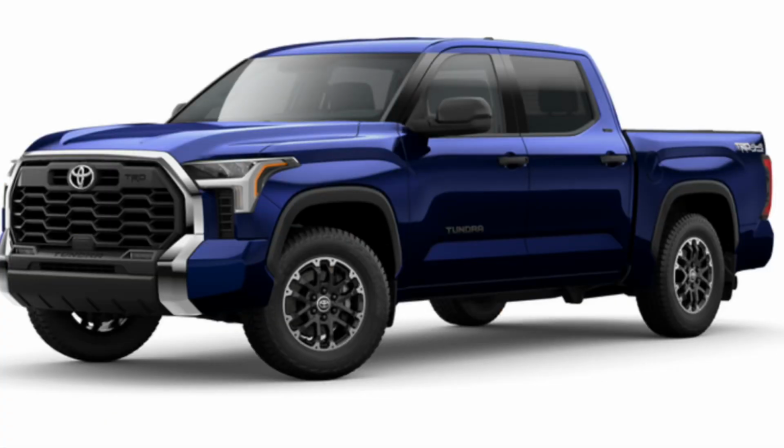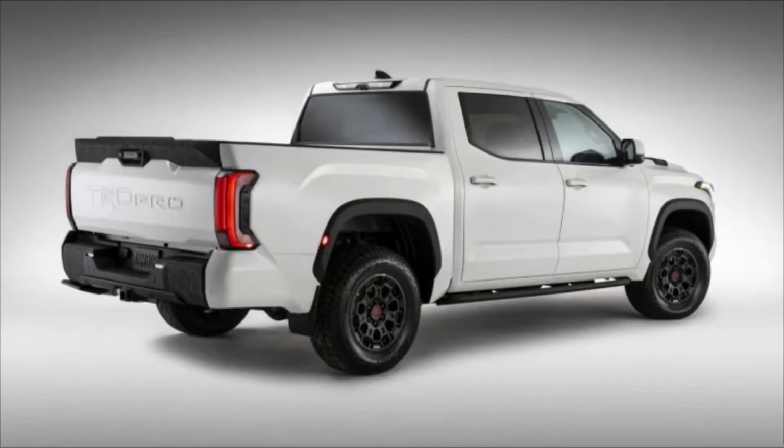Okay, ladies and gentlemen, a few days ago, Toyota finally started to release pricing on the 2022 Tundra. Now, we didn't get anything for the iForce Max yet, which is the hybrid, but we did get pricing for the soon-to-be released 3.5-liter V6 twin turbo called the iForce. So we were able to see prices all the way from SR down to the 1794. Once again, there is no TRD Pro in the iForce. It is only hybrid, so you'll only get the iForce Max with the TRD Pro, so we don't know the